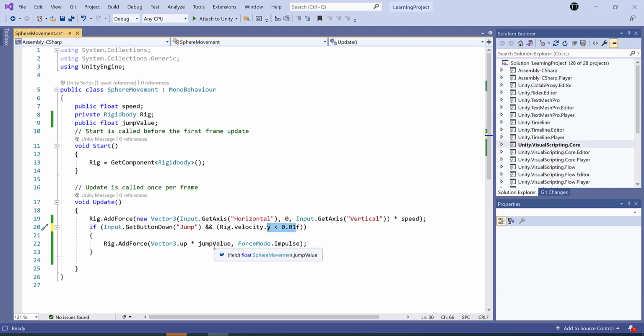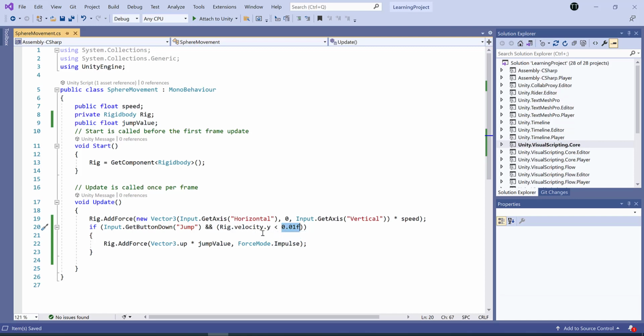Once it reaches very close to the surface plane, or the value for the y is 0.01, when this condition is true and we are pressing the spacebar key, when both of these conditions are true, then the sphere should jump. This value is between +1 and -1.